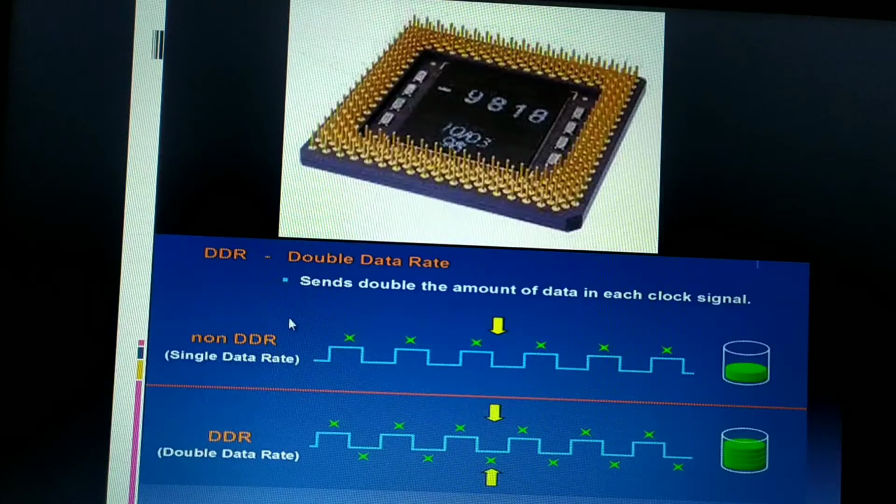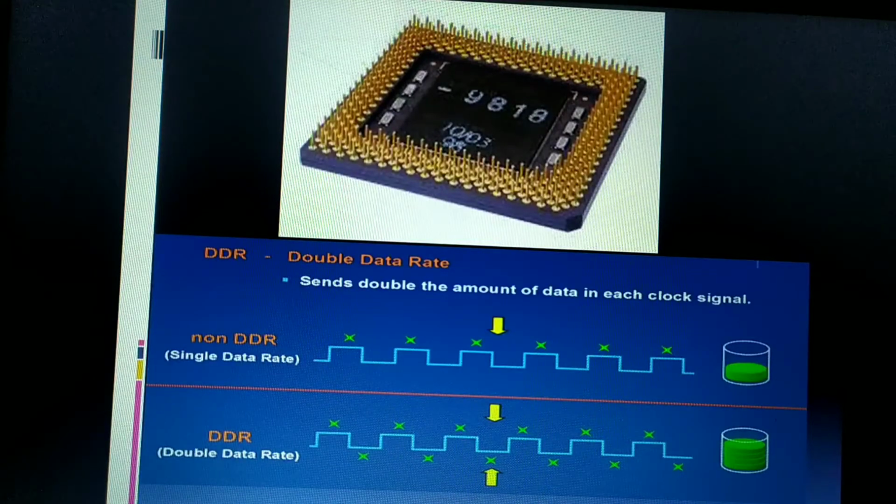So this baby AT, we know that it is having a slot type processor as well as the PGA, that is pin grid array processor, plus it is having the RAM slots like synchronous dynamic random access memory and the double data rate random access memory. Apart from that, it also has the PCI slots and the ISA slots. We know that PCI stands for peripheral component interconnect, which is used to connect graphics cards. Graphics cards are usually used for gaming purposes, and sound cards and all. Whereas ISA stands for industry standard architecture slots. They are used to connect modems, internal modems.